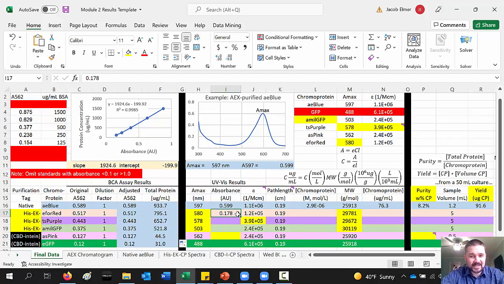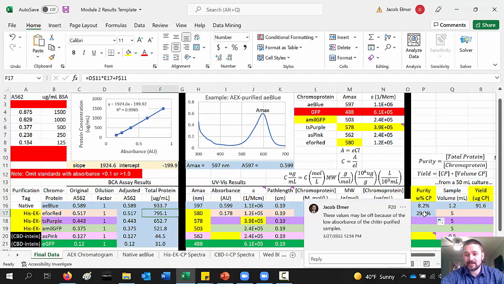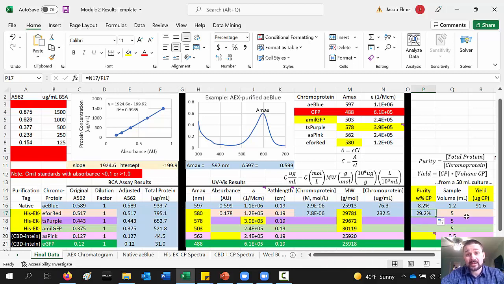Just looking at this his-tagged E4 red. Drag this down as well. Let's see, there's no problem with that, is there? Nope. Drag this equation down. So that's interesting. For the his-tagged E4 red, I get a much higher concentration of chromoprotein, and then I calculate my purity as this concentration divided by that one. And I say, ooh, look at that. The IMAC actually did a